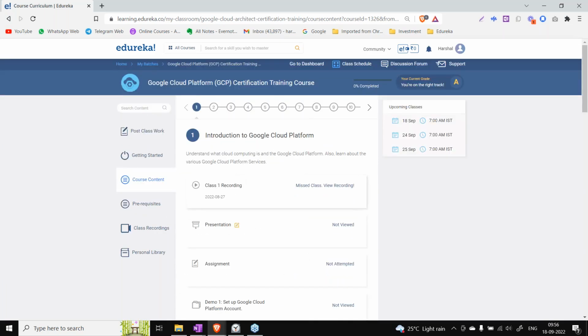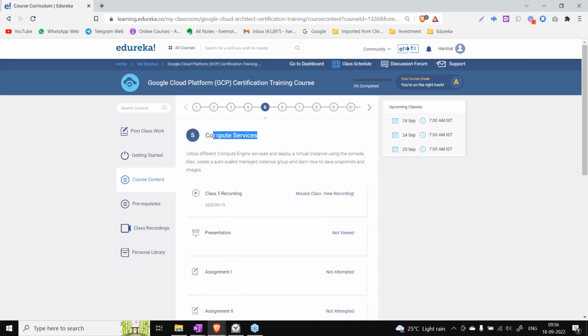So the sequence, I'm changing this sequence just because I want you guys to understand in a particular way. It will be easy, because I'm creating so many VMs, virtual machines. If I don't teach you what is compute engine, how will it make sense if I directly take the networking right on the third session? This is my personal opinion. That's why I don't take the same way that Edureka suggests. I don't take that in the same sequence.